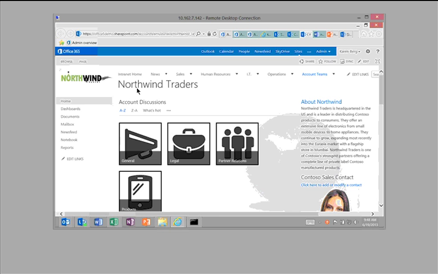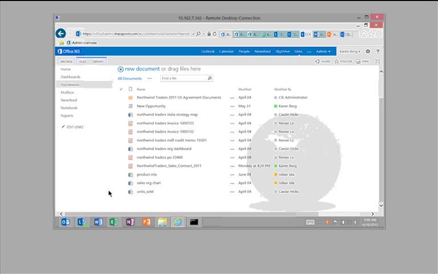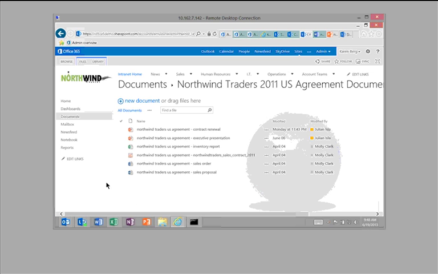Now, from a documents perspective, this is where the documents of this project are stored. So this is a document library. And so let's look at some examples here. As Karen is reviewing these documents, she notices that Julian made some updates to the contract renewal document,